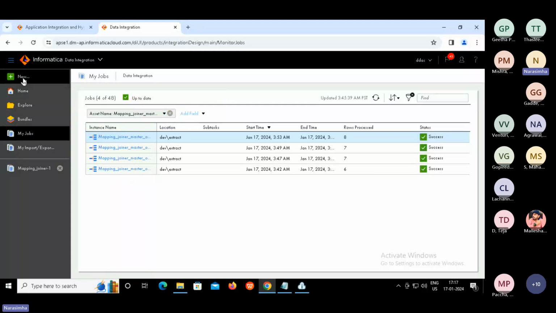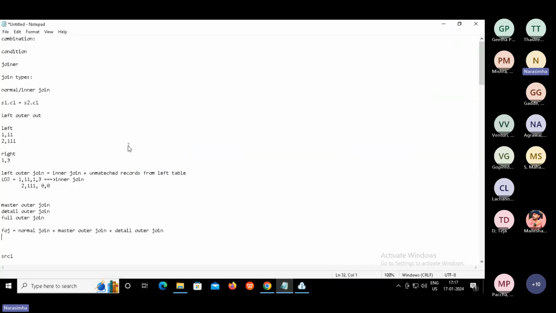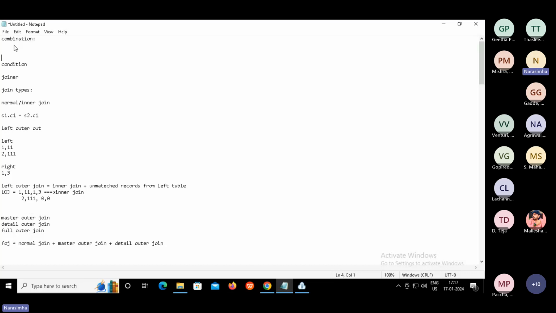So now we have got another combinable transformation which we call lookup. Lookup transformation will be used to perform data combination, again based on two sources or three sources.